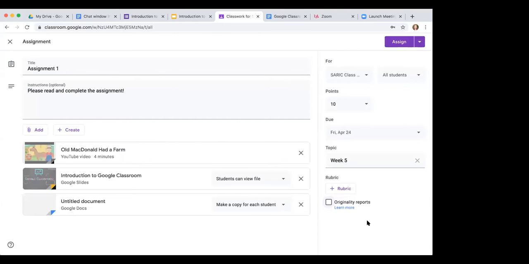Now, another idea that you could do, because a PDF is a picture, so technically they could not write on it unless they have a tool that allows them to do that. What you could do is use Google Slides, and this would probably be a whole other session, but you can format Google Slides to be the size of a piece of paper, and you could save that as